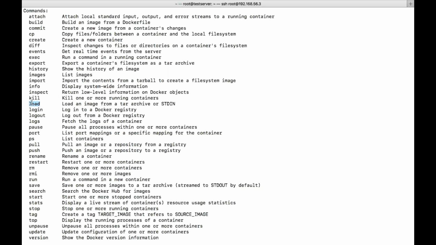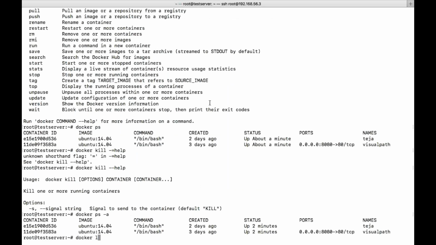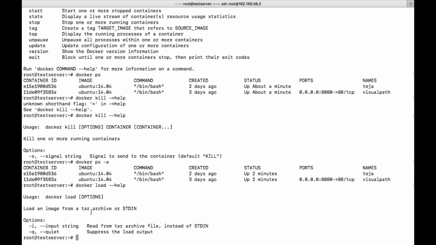Similar to this, import. Import the contents from the tarball to create a file system image. So this is similar to your load. If you want to create an image from the tarball, in the sense the zip file, then we need to use load. So the command will be docker load, and we need to specify the tarball.